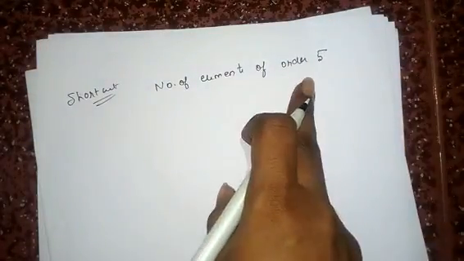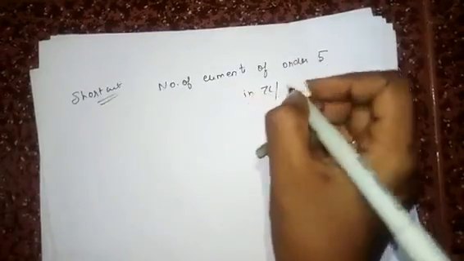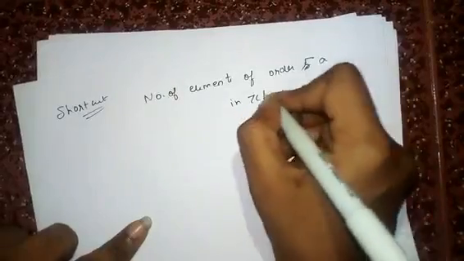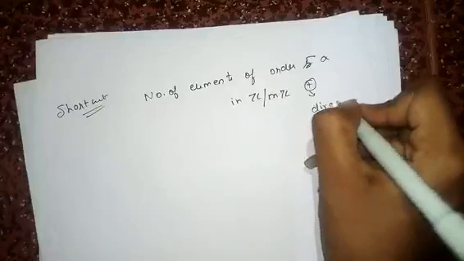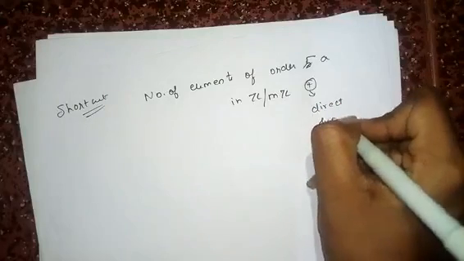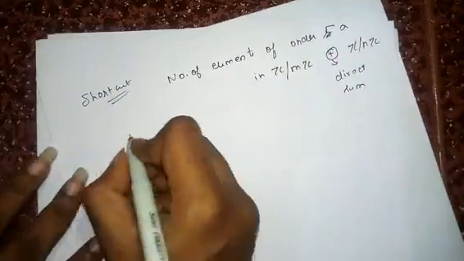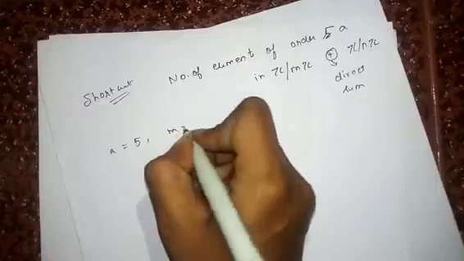I'll take an example of order 5 in Z modulo. Generally I'll write A to be Z modulo MZ direct sum Z modulo NZ. I'll take an example of A to be 5 and here M to be